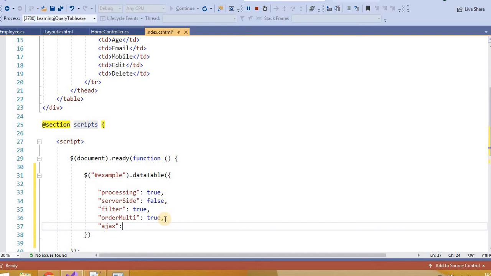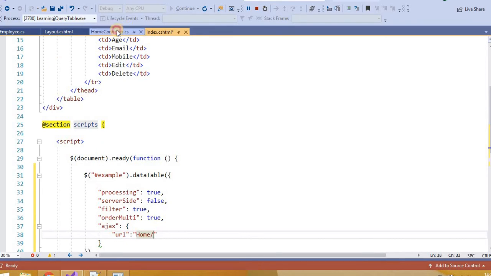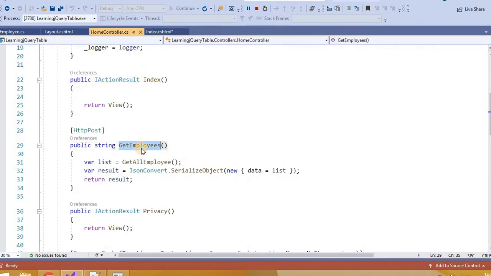Actually this Ajax is again an object, and that's why I need to start curly brackets and define its properties there. First is URL, which URL we will hit. Here we will hit home, inside the home controller, we are going to hit getEmployees,